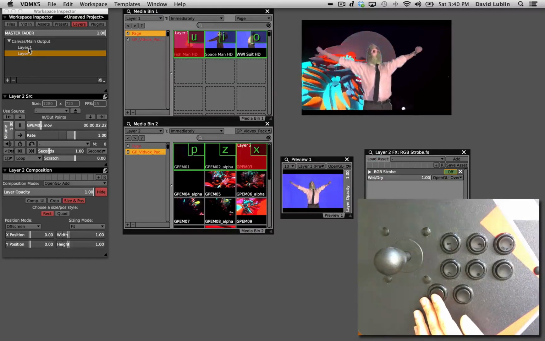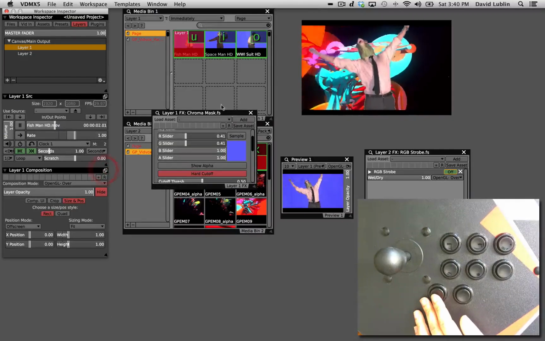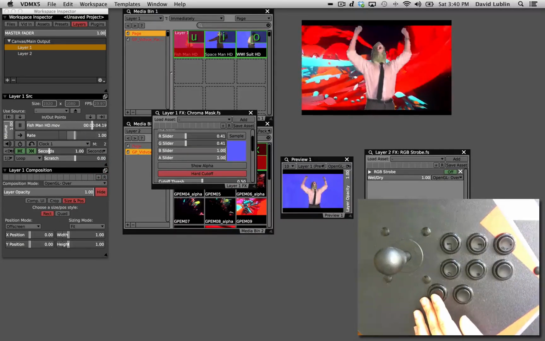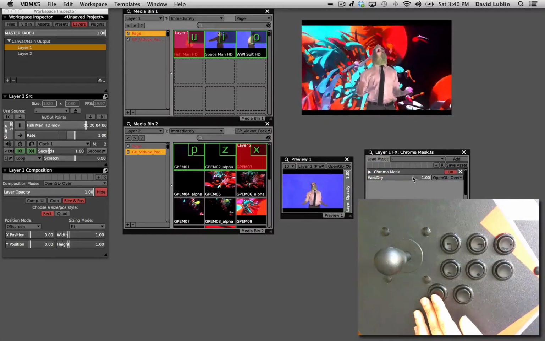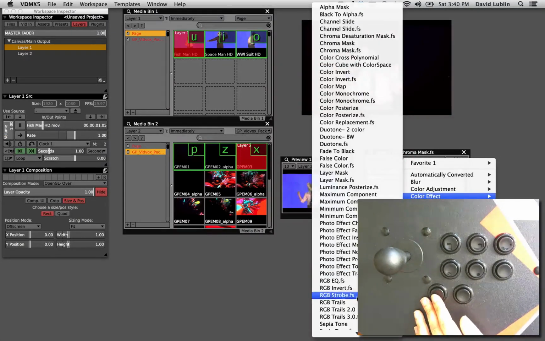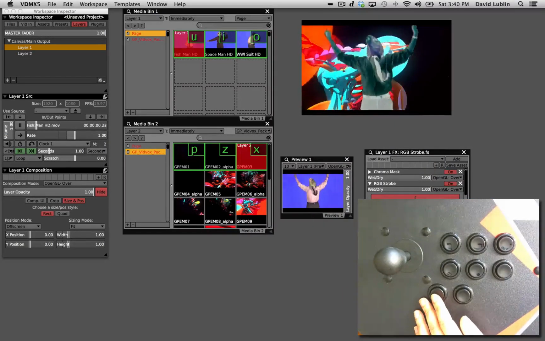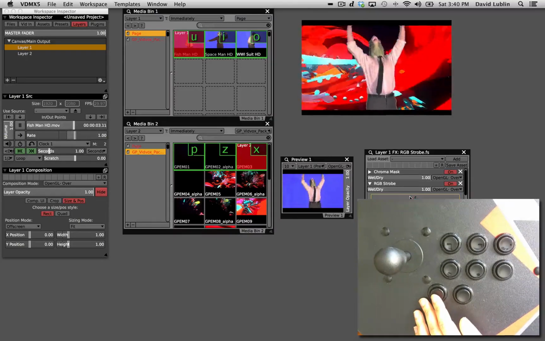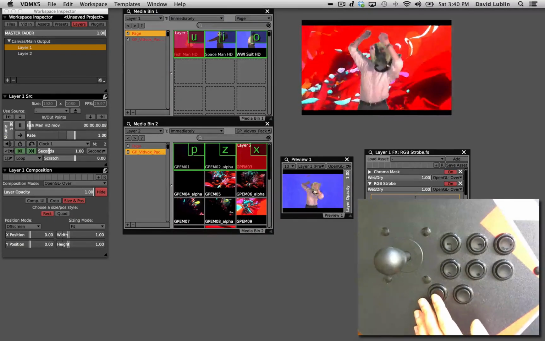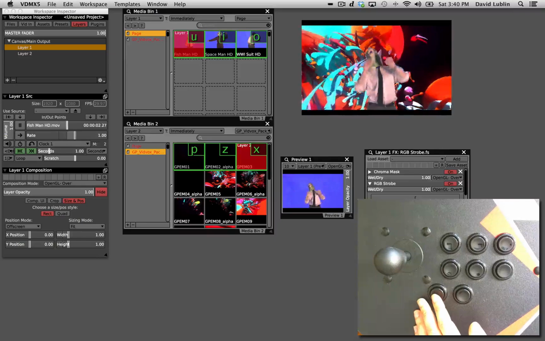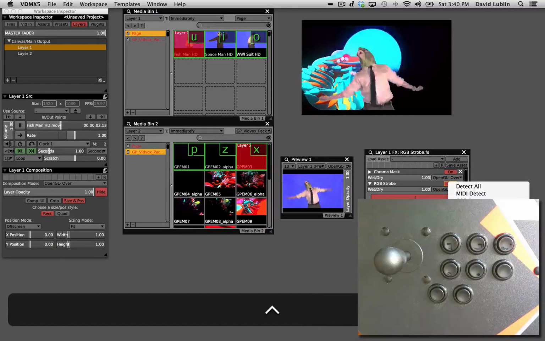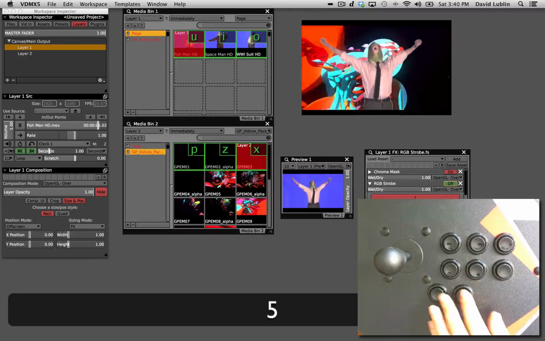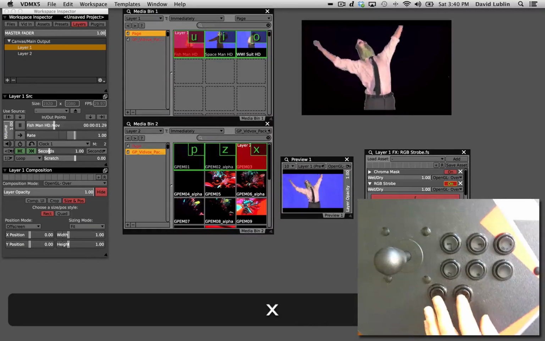And now let's do something similar on this layer. Let's open up its effects into another window. And I'm going to use, once again, let's just have this chroma mask closed and go under load asset, color effect. I'll use the same RGB strobe, but instead of having it strobe the color, I can have it strobe the alpha. That's less interesting. So let's just have it strobe the whole character. And once again, I'll just do key detect. So now I can strobe either of these